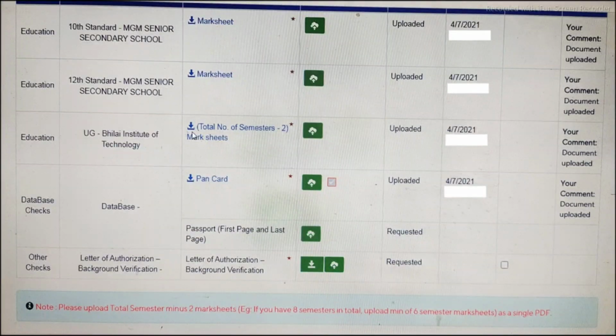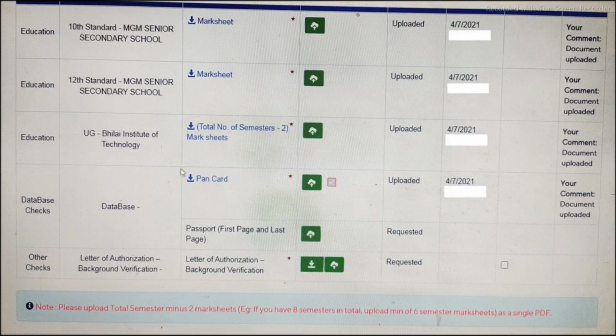Here it is written that in case you have 8 semesters, you need to upload 6 semester mark sheets, because we all know due to the pandemic exams were not being conducted. So total 6 semester mark sheets you need to upload in this section.